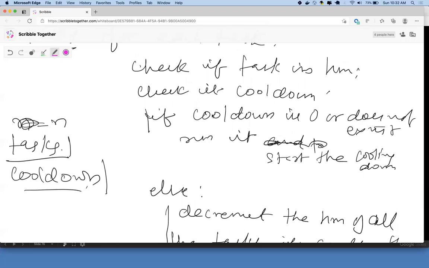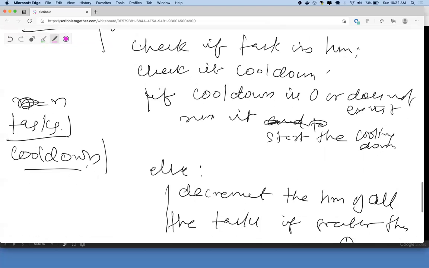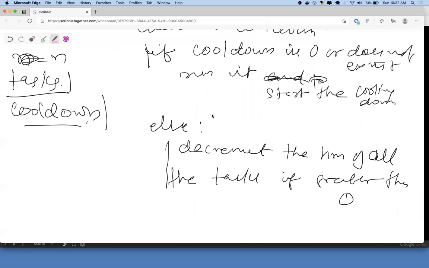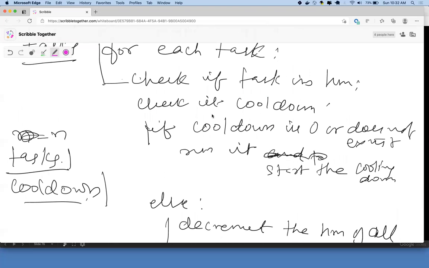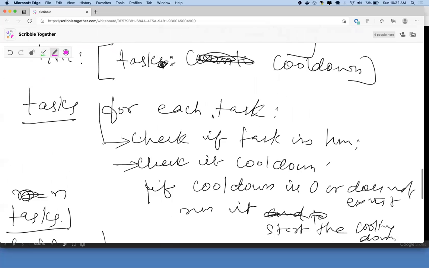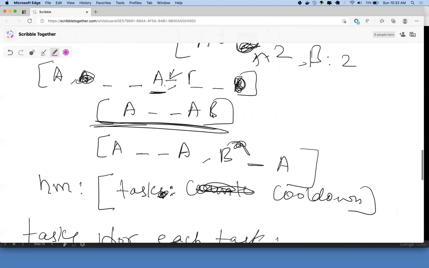We go through each task, we go through all the tasks, right? Then you check if the task is in the hash map. No, you're not doing it for each task, you're keeping a pointer, right? You're going through this array, but you're not looping through that array every single loop.